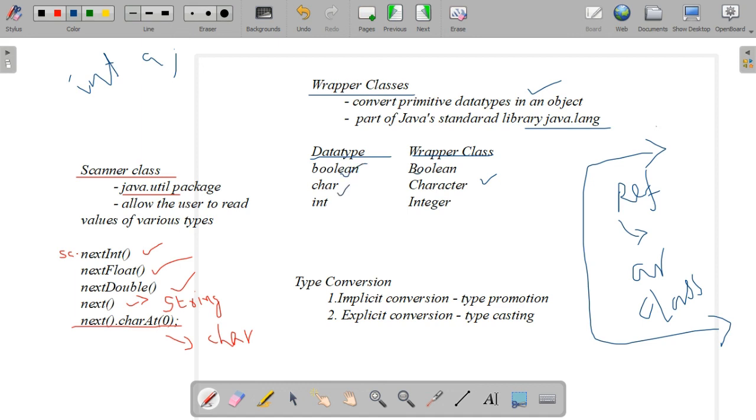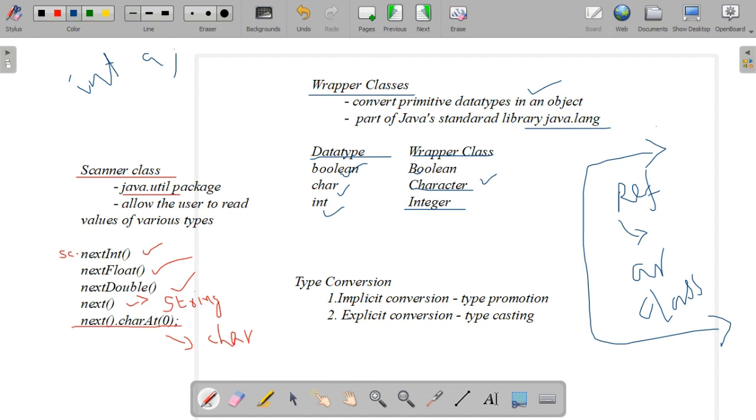Character, char is the data type, but in the case of wrapper class, we have to write it in full, Character. Int is a data type, Integer is a wrapper class. So if a question asks which are the data types and which are the classes, names with the full word starting with a capital letter belong to wrapper classes, and all small letters indicate the data type. The primitive data types are all in lowercase letters, and the wrapper class names' first letter is always capital. We can create an object from a wrapper class as follows.